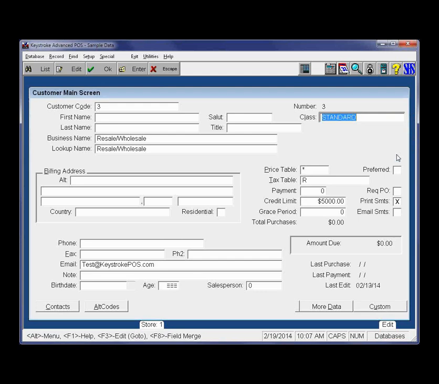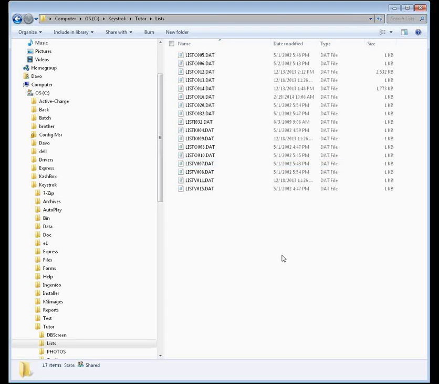Now I mentioned the file created had a name, and I'm going to bounce around here. You may not see what I'm doing at this time. I'm going to my Keystroke Tutor lists directory. I'll share this screen for you. So these are the lists that were created in our sample or tutor data. If I change this to date modified, you'll see I just created the file